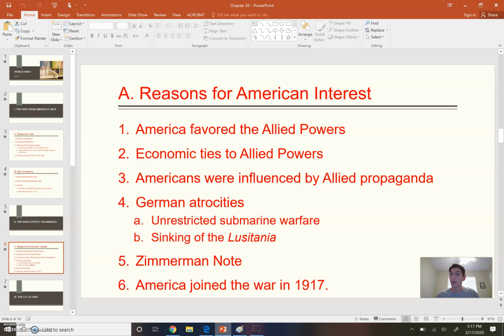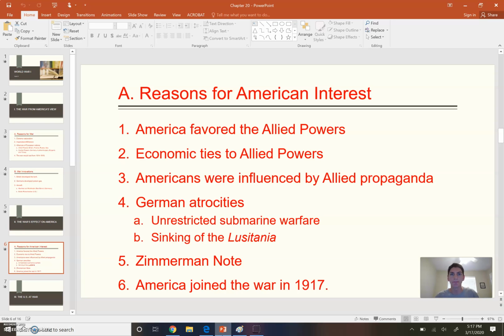And America was one of those countries. In fact, we were actually trading with both sides. We were trading with England, with the Allied powers, and we were trading with Germany from the Central powers. And so England really did not like America trading with Germany. They would actually stop our ships and make them go to British ports to check on the items and goods and kind of take them before they could go to Germany, causing some negative financial issues for the U.S. But Germany, they looked at us trading with England.